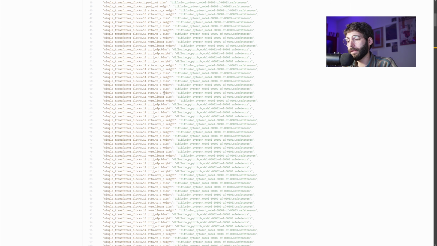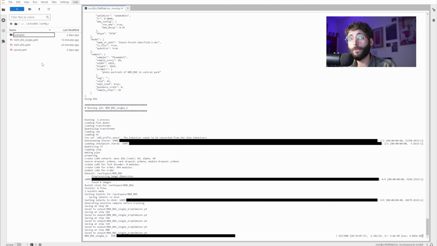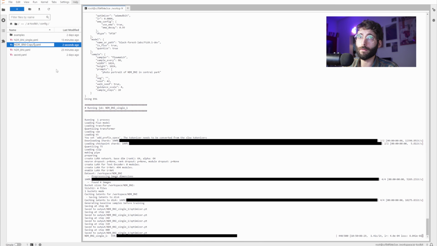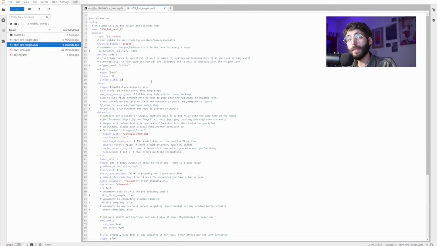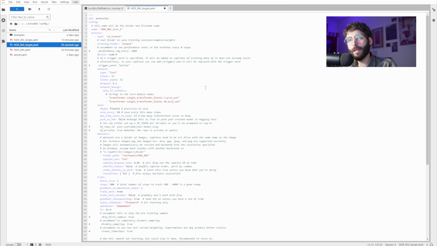In order to do that inside of AI-Toolkit, what you'd need to know is once again to go to the config folder, create a new YAML file. Let's say we want to duplicate the ndrbni YAML and rename it to ndrbni_target. Double click on it, and then right here on line 19, you want to add a couple of lines of code. And it's these lines: dropout 0.1, network, keywords, only if contains, and then the blocks you want to train on. Usually you would want to train the first blocks between 6 and 10, and then the later layers